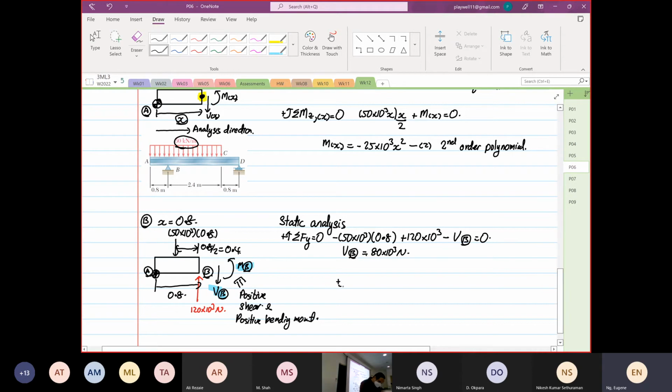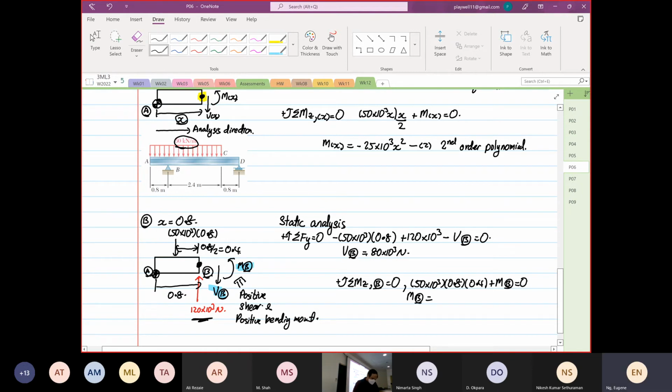Then we take moment about z at point B is equal to 0. So now we have the 50 times 10 to the power 3 multiplied by 0.8 multiplied by 0.4 is doing an anti-clockwise rotation, so it's positive. So 50 times 10 to the power 3 multiplied by 0.8 multiplied by 0.4, right? And then the 20 times 10 to the power 3 has no distance from point B. Okay, so this is where we take our moment. Then we have plus M at point B is equal to 0. Okay? So moment at point B